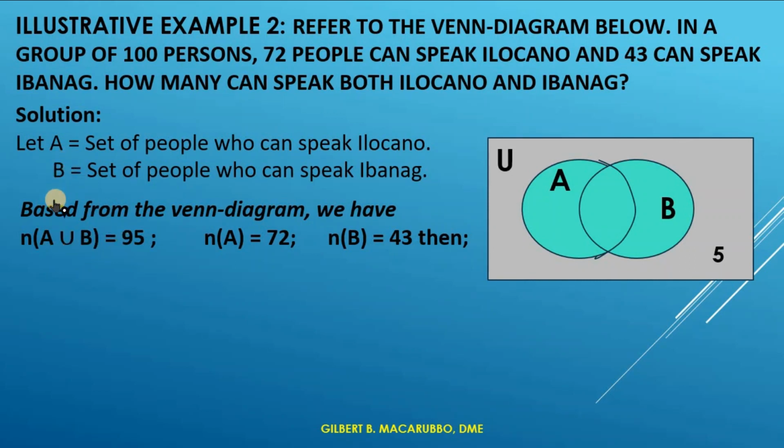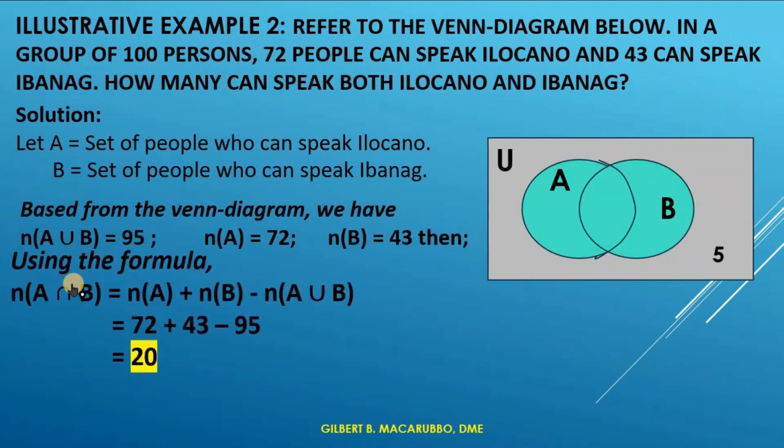The number of A is 72, and the number of B is 43. Then using the formula,